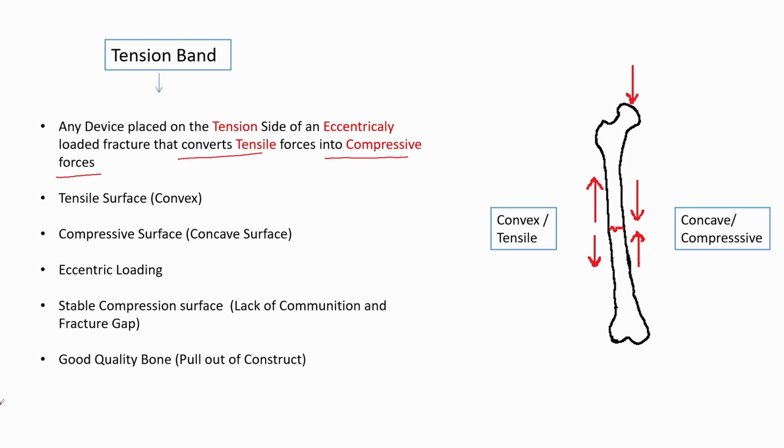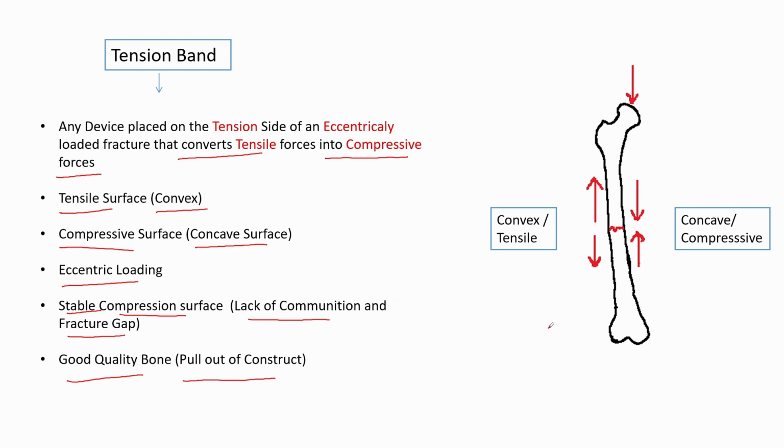For a tension band to be successfully applied, there are certain prerequisites. There must be a tensile surface, which is usually a convex surface. There must be a compressive surface, which is usually a concave surface. There must be eccentric loading of the fracture. The compression surface must be stable, that is, there should be a lack of comminution and fracture gap on reduction and application of the tension band, and the quality of bone should be good to prevent pull out of the